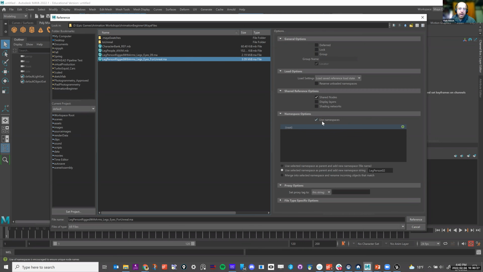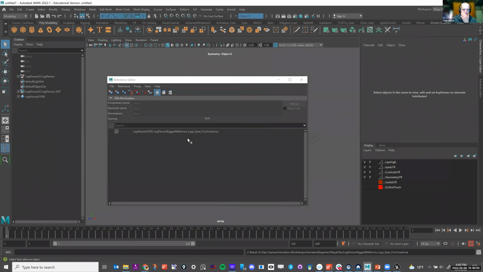So what I would like to do is use namespaces, and then click on this use selected namespace as a parent. This is going to be my leg person 1. I'm going to call this person leg person 1, and that's what is going to be prefaced in the name. I'll show you what I mean when I hit reference.